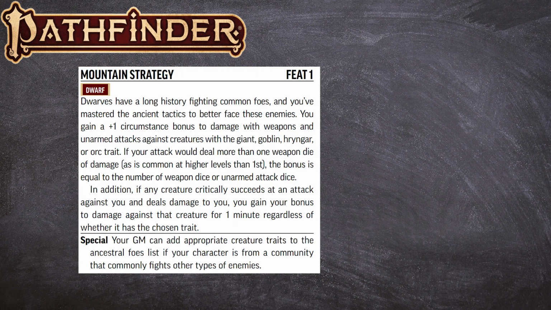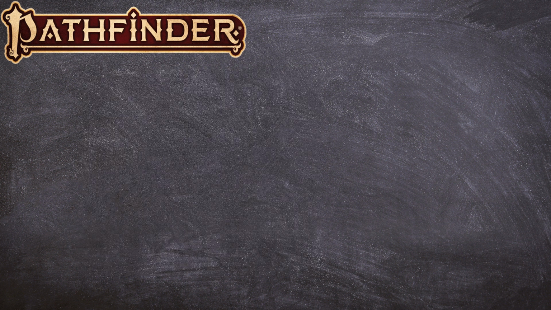Mountain Strategy. This is replacing, I believe it was Vengeful Hatred, it looks like. So before you could only pick one of the listed monster types or enemy types, I suppose, to be effective against. But now you can just get all of them, it looks like. So that is very useful. You just get to do an extra +1 to damage. This is good, especially at level 1, and if you're going to be in a campaign fighting any of those creatures: Giant, Goblin,